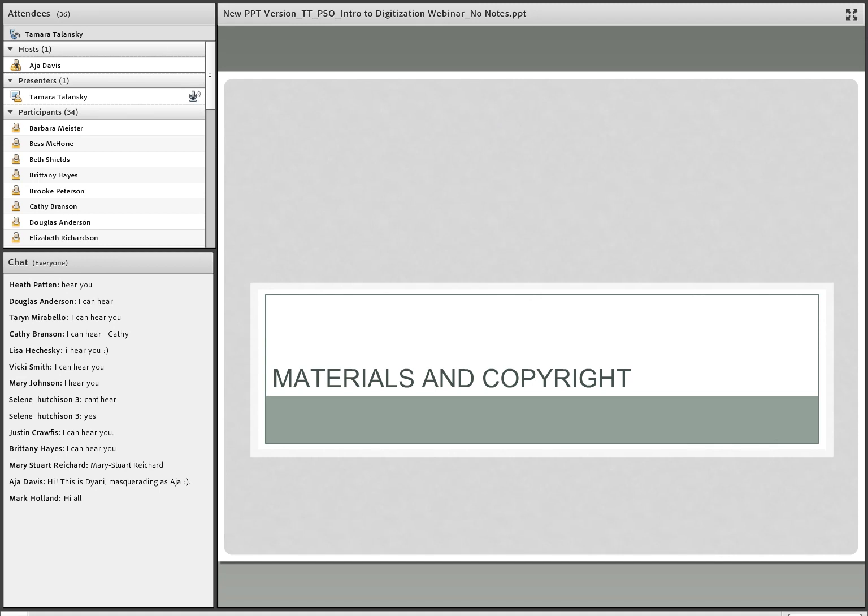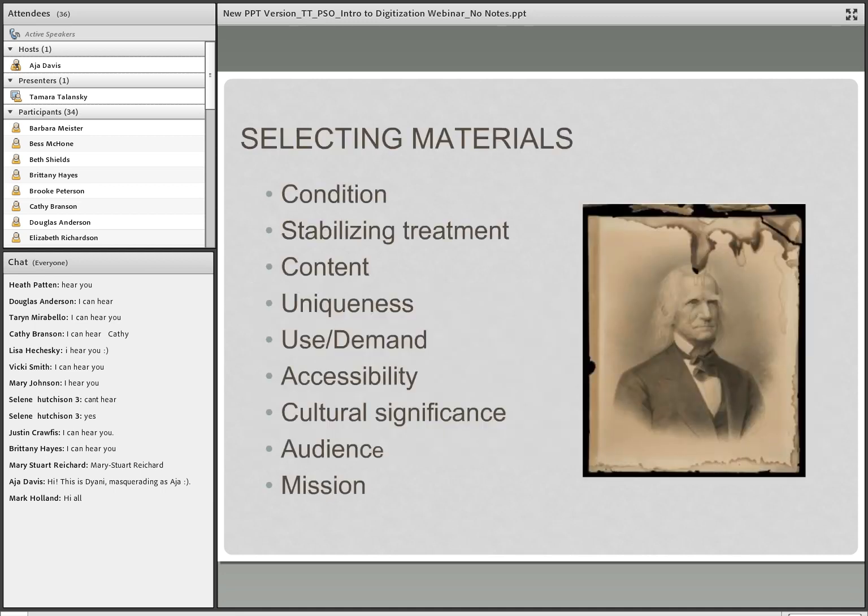Next, we'll talk a little bit about the selection of materials, and we'll touch briefly on copyright. How do you decide what to digitize? It's important to establish and define the criteria to help you prioritize what you will be digitizing. This list is just some of the criteria that can affect the selection of materials for digitization. This criteria should be used to evaluate which collections you want to consider first, depending on the degree of emphasis on access and preservation goals, and it may be based on a number of factors.